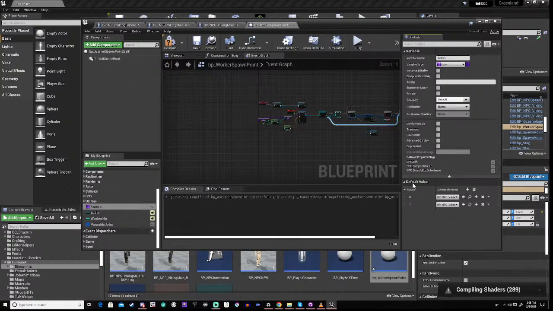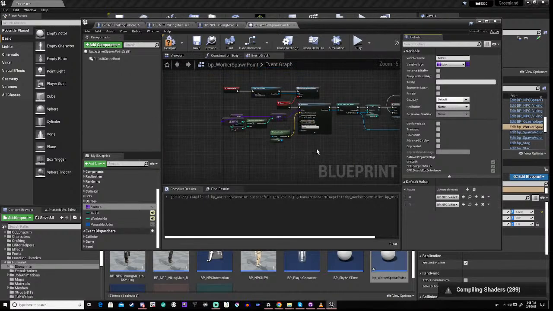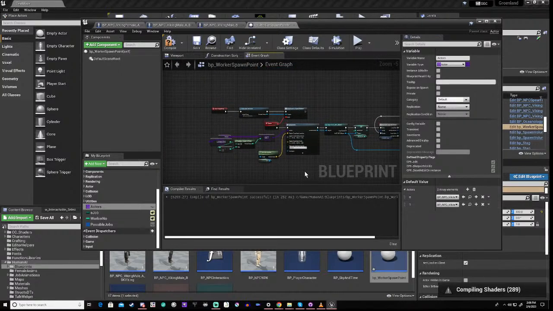Now, this array is going to be of the different NPCs, okay? Now, I haven't decided if we're going to use a static table or not on this, right? Or a static data table for each different worker, right? So the worker is going to have a worker number, okay? Now,